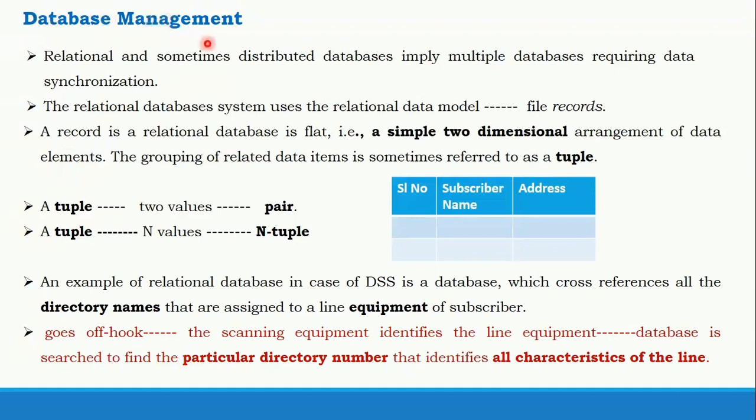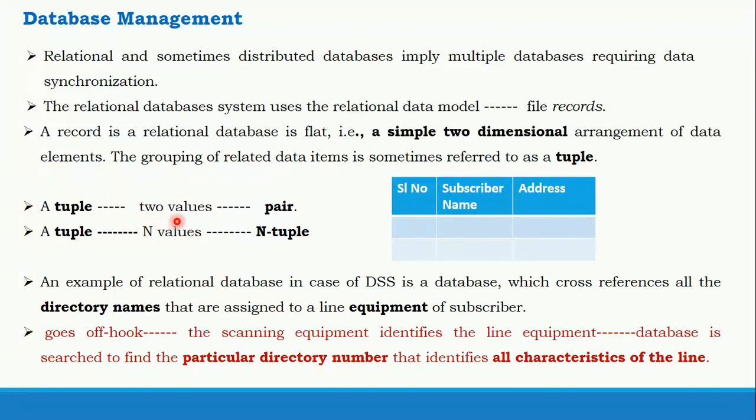This is the main part of the database management system. It will be in the middle control, that means level 2 control, where you need to store the relational database. So what does a relational database mean? It may consist of similar records which have relations. It is called records, and a relational database is a simple 2-dimensional arrangement of data elements, that means simple rows and columns, and the name given here is tuple.